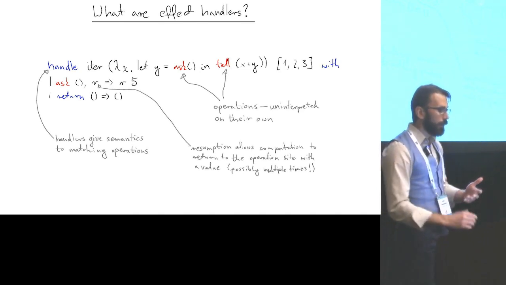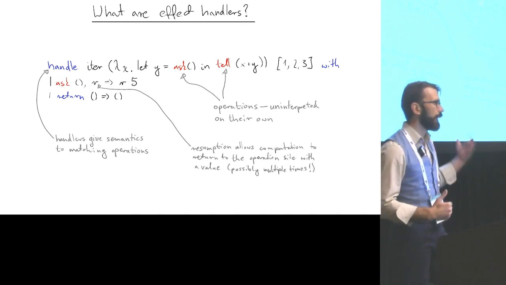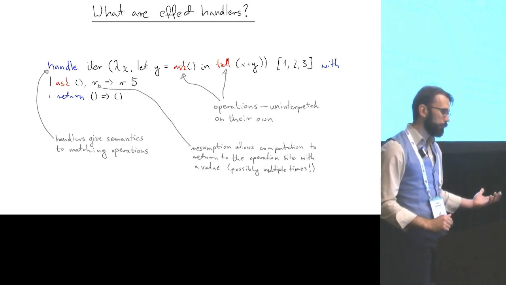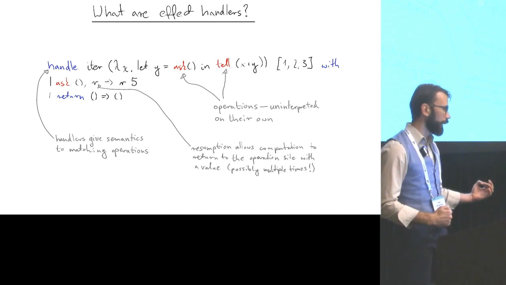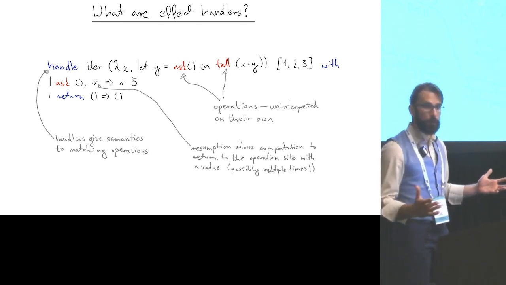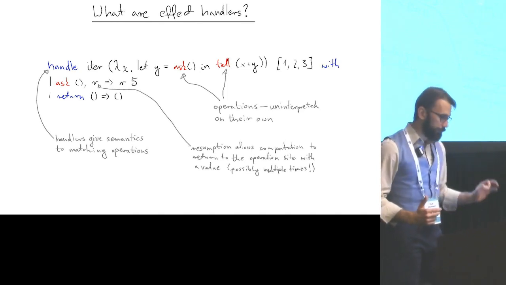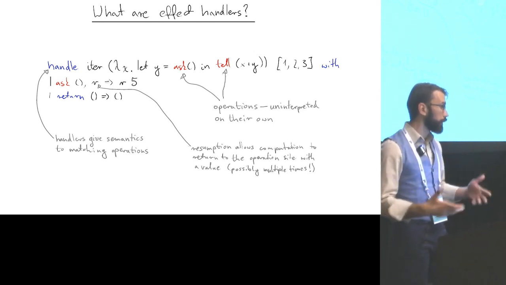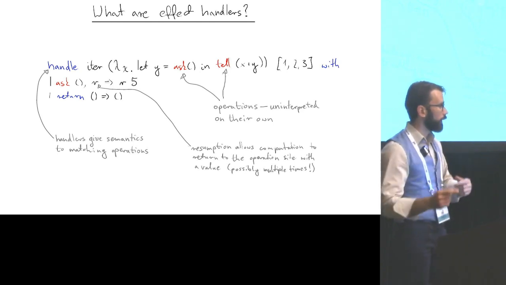So these are the effects, the operations, and the other part is the handlers. The handlers are what gives semantics to matching operations. Here we have an ask operation and a matching handler for that operation. We also have a tell operation, which in this snippet of code is not interpreted. It looks a little bit like exceptions. It generalizes exceptions because the control can return to the call site.